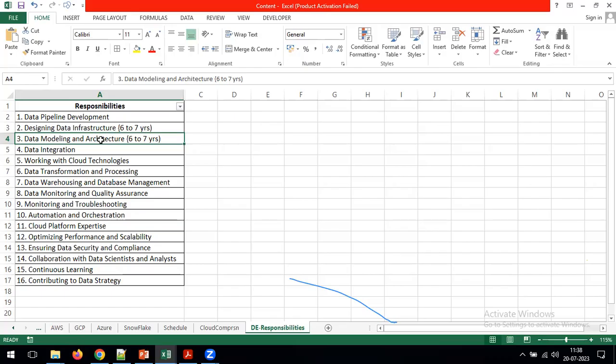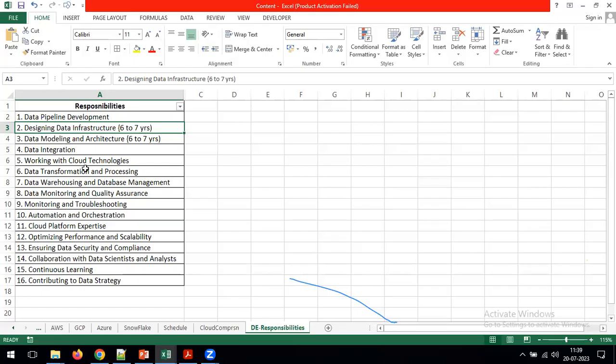Data designing means we need to build the system. For example, the data architect decided that you need to use this kind of service as part of this project. Now, as a cloud data engineer, what we are going to do is build a pipeline. As part of building the pipeline, we are going to use different kinds of cloud services. That activity is what we call a designing activity.